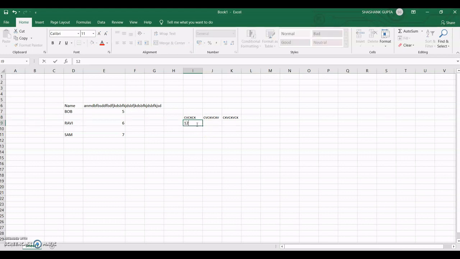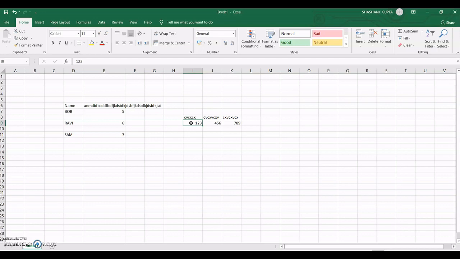Suppose I am writing 1, 2, 3 in this cell, 4, 5, 6 in another cell, and 7, 8, 9 in another cell. Right now they are different cells. But if you want to combine these three cells into a single cell, you have to choose the merge option.